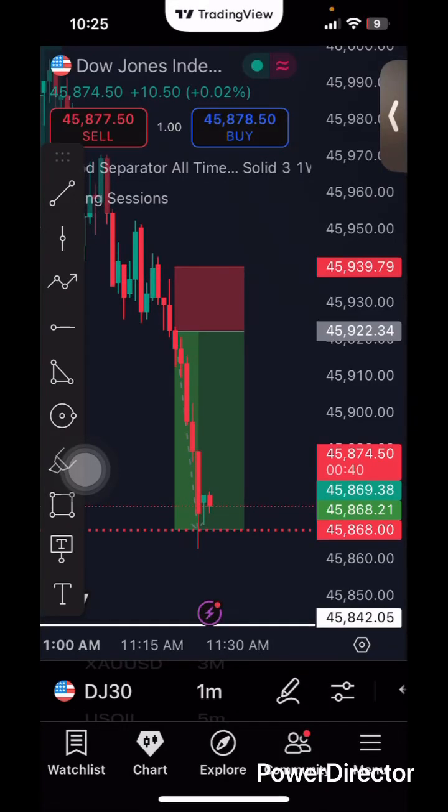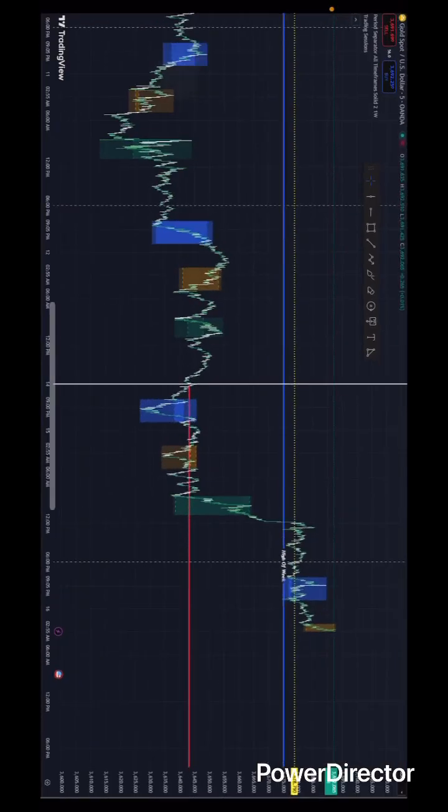Wanted to take a look at this gold chart and go over today's Monday's trade here in the New York session, and how we could go about identifying this trade, okay? So, the first thing that we want to do